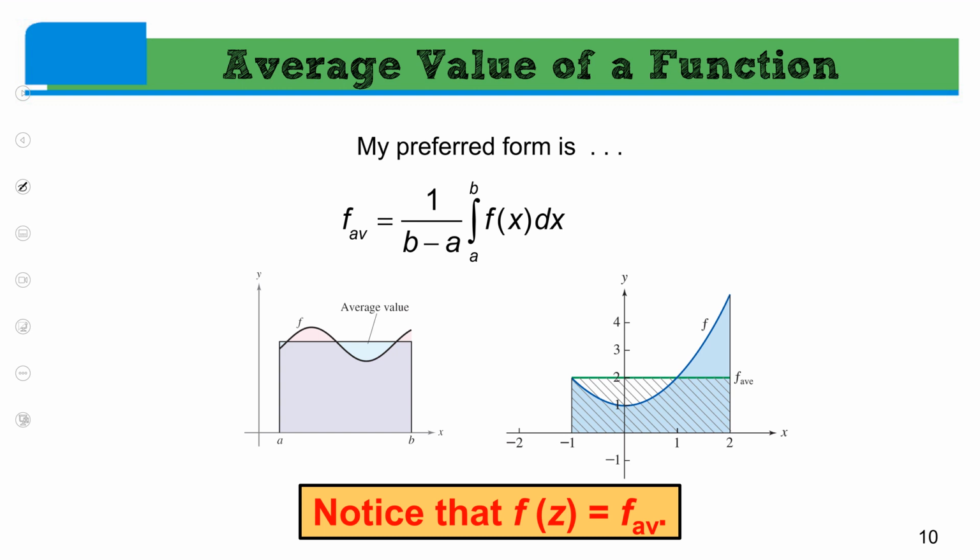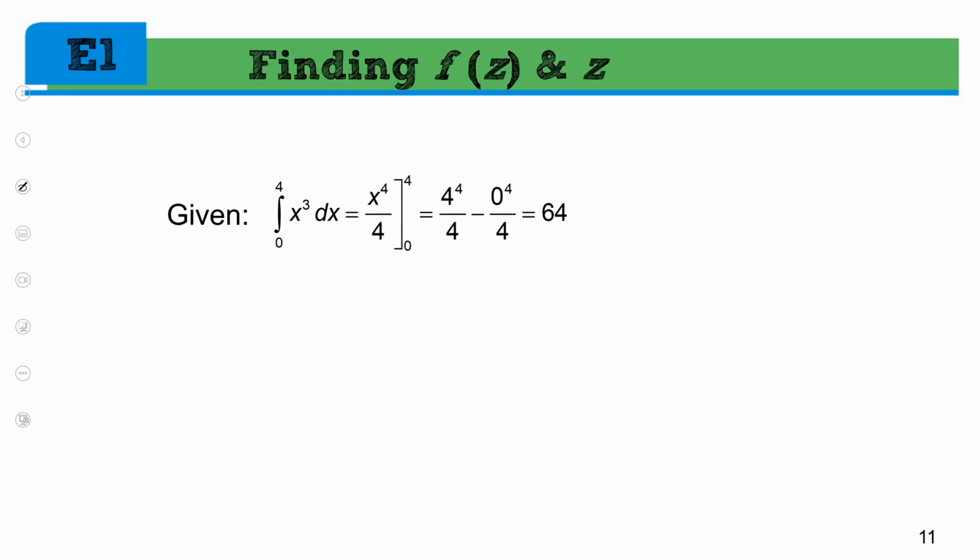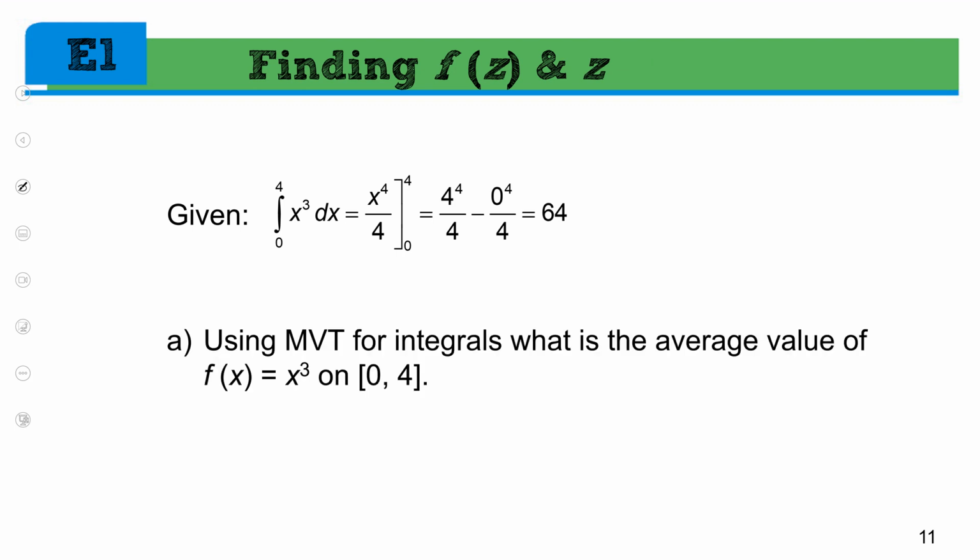Okay, here comes our example then. Again, another picture showing the same thing. If you understand what you're doing, then in the picture on the left, the light blue area there should match the red area above. And in the one to the right, the white area below matches the blue area that's not dashed above, using that same formula. Okay. All right, so here's our example. I saved you some hassles. I know that you can find the integral from 0 to 4 of x cubed, but that's not relevant to the problem. I would like to know what is the mean value theorem, or the average value on the interval from 0 to 4.